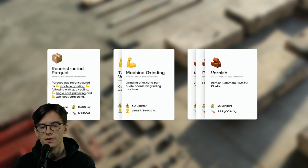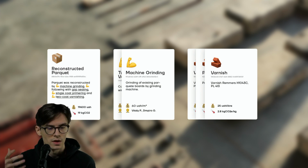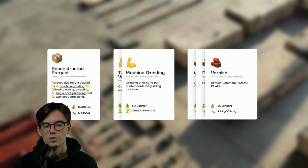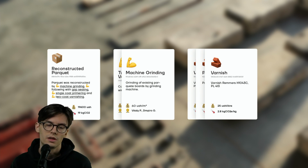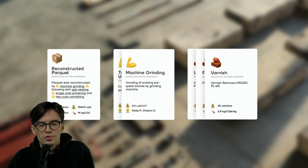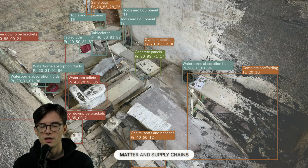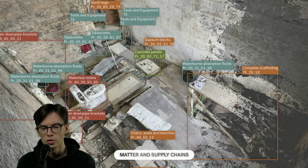So this work was funded by a Climate Kick, which is a big European fund that funds green projects, and we with them thought about this question of what is a standard renovation process and what kind of environmental impact it has, and what is the distribution in terms of all the elements that you buy in terms of carbon footprint. So this was very simple, but I'm just sharing this so that it's a bit clear the mode of work that the office used to